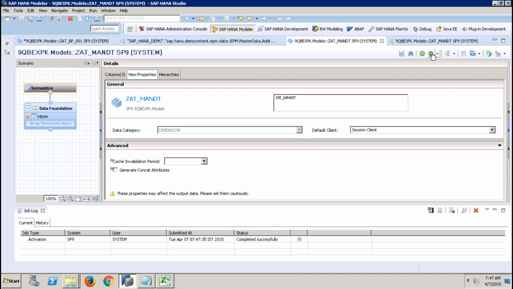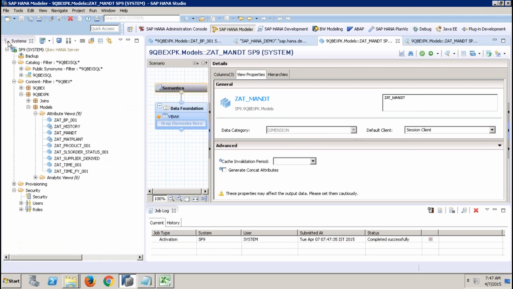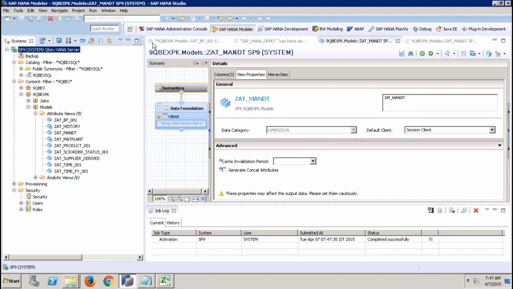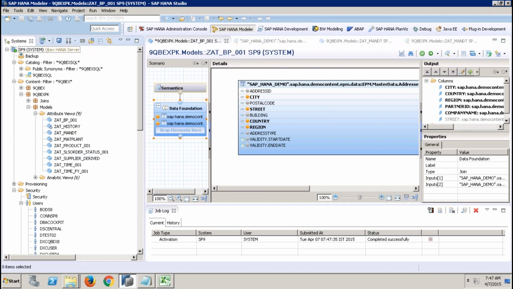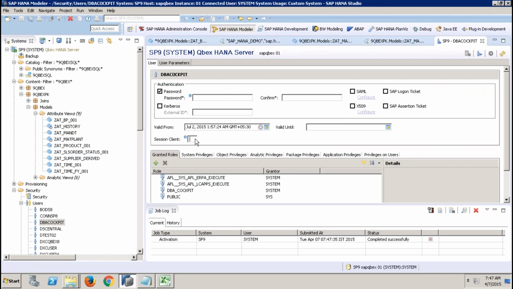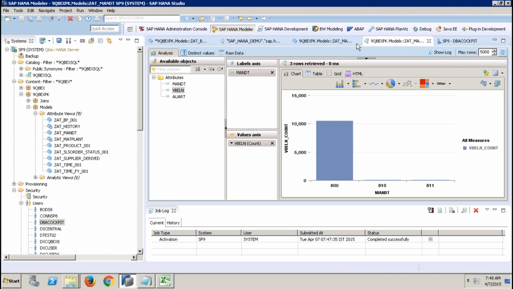Only a particular client will be shown. If I set that as session client, when I say session, I created a screen session here. Each screen is one session, for a user. So when a user logs in and creates a session, you will be associated with some client here. Let's say for the user properties, I've set the client as 810. Then if you say session client, and when I try to see, I will get to see only for